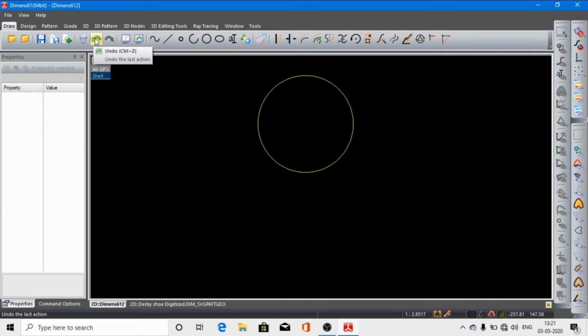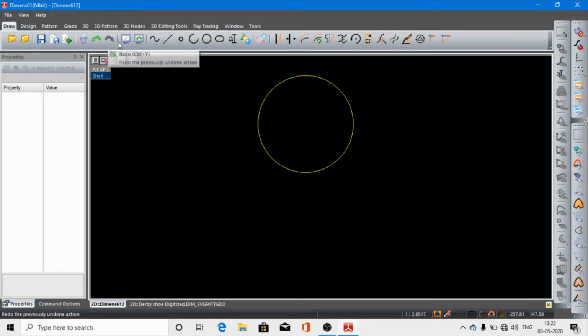Undo means if you have made any change and you want to bring back the earlier state, it will come back. If you want to redo, it will go forward again. So like this, undo, redo and delete options will be the most usable icons